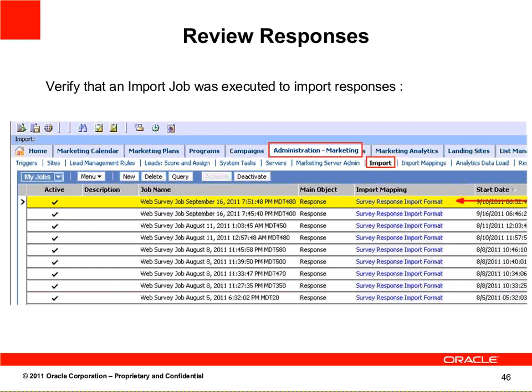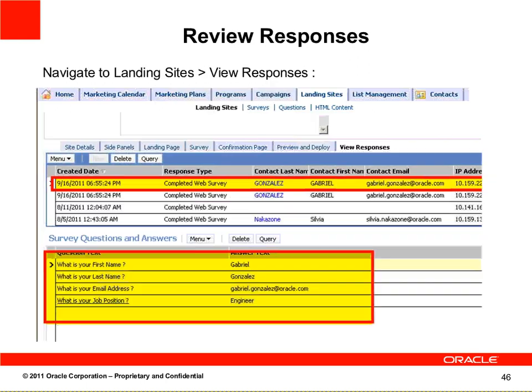In version 8.1.1, the import process is a general process to import all kinds of objects like contacts, accounts, and in this case, it's going to import a response from the customer, and that response has all of the answers to the questions of the survey. So to verify that the process is working, you can navigate to administration marketing, import, and you